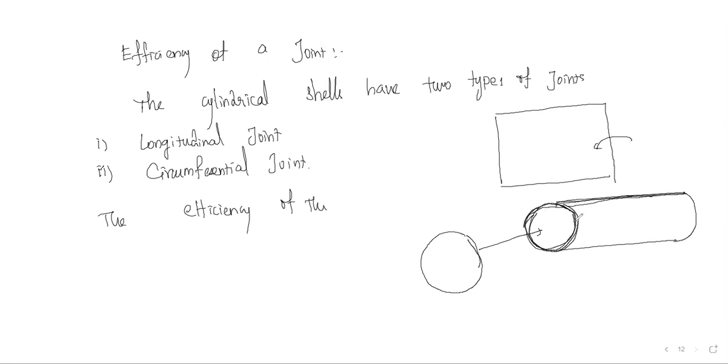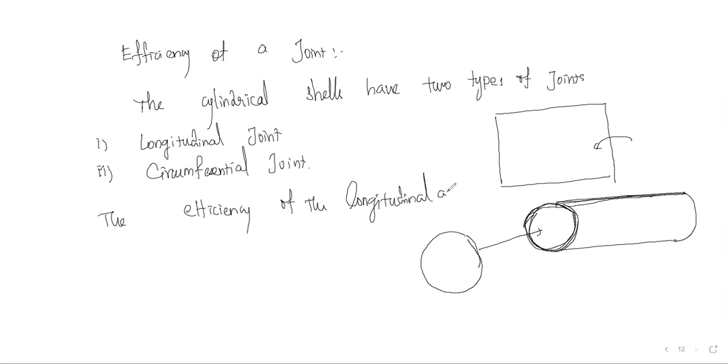And if there is any necessity to make a hole, like a manhole, because of that also the resistance area is going to reduce. So that's why the efficiency decreases due to the joint in the cylindrical shape. Now, the efficiency of the longitudinal and circumferential joint